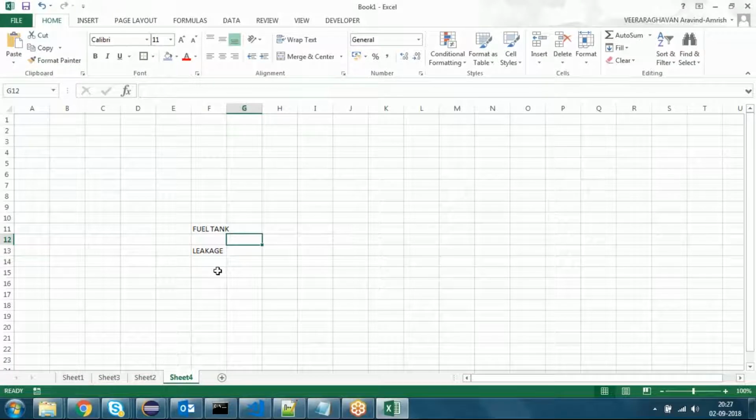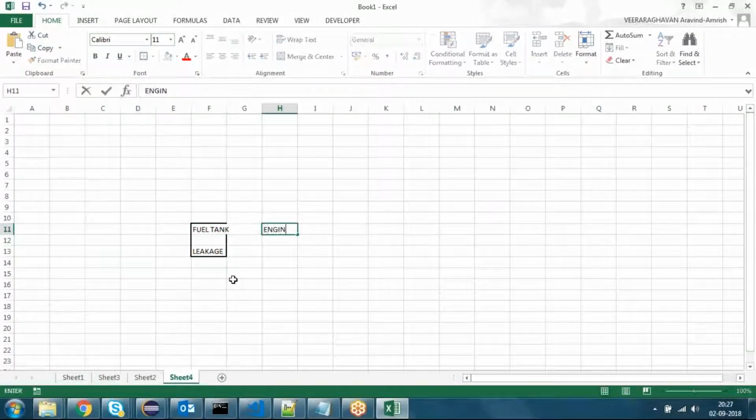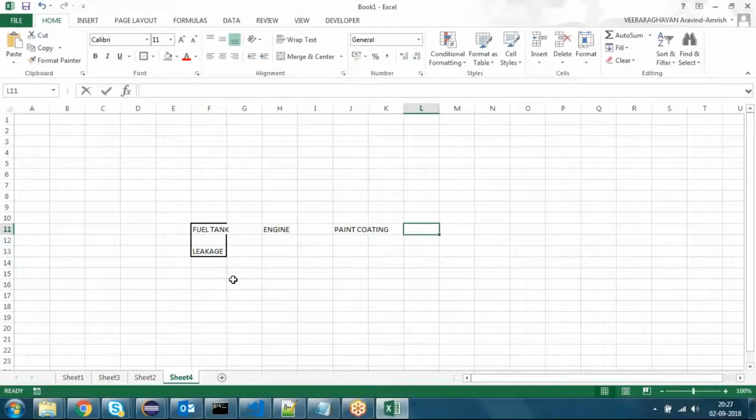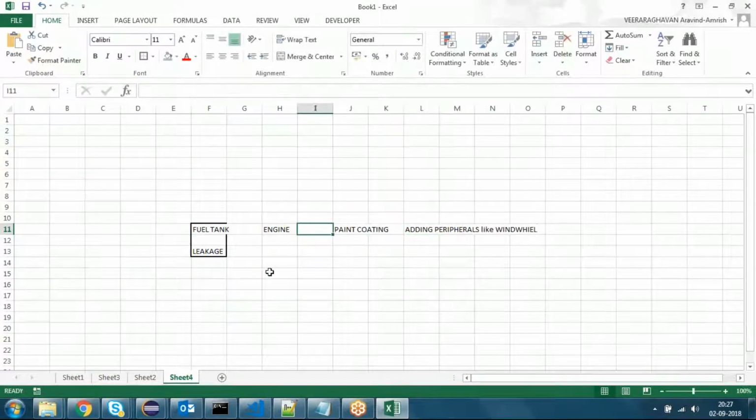Okay, so now the company is not much concerned about it. Now this fuel tank is assembled to the engine. Then they are doing the painting. I mean, the paint coating will be done, and then they are adding all the peripherals like windshield and so many other things. And finally, it is delivered to